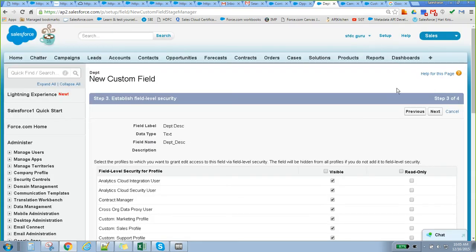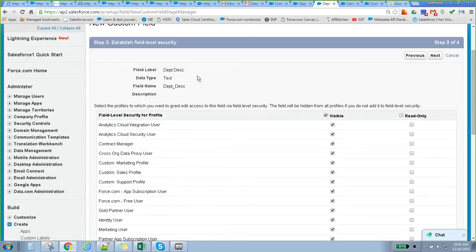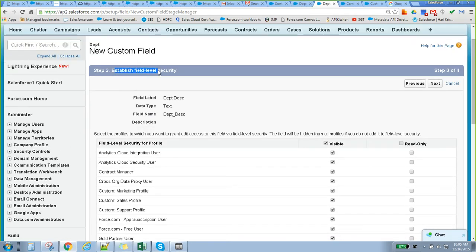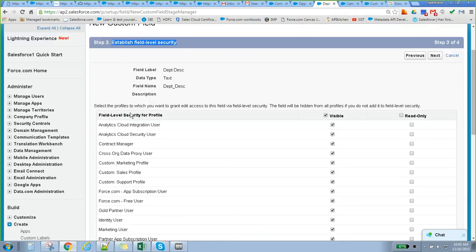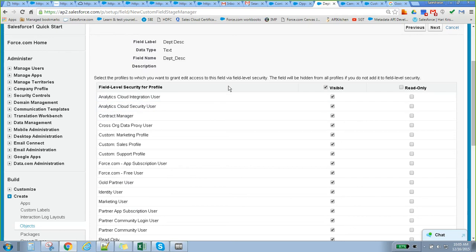Click on next. So here it is asking who is able to see this particular field. It is a profile level access, meaning which profile users can see those fields. You got it, right? Yeah, got it. Let's say one field is there and you want to disable it for a particular profile user.